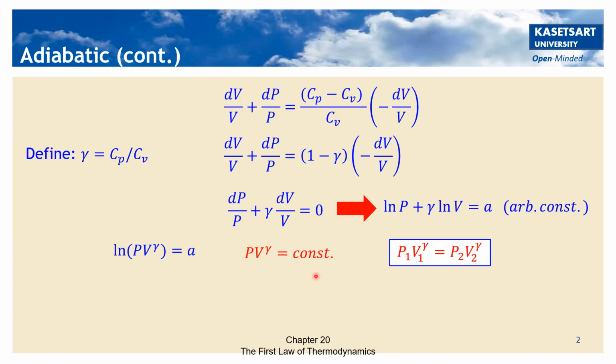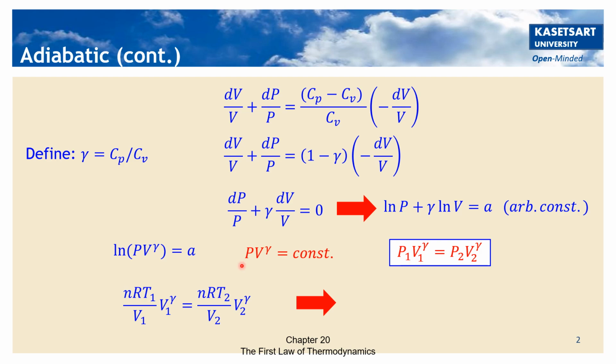So if it becomes constant, you can define that for state 1 and state 2, you have a relation between P1 V1 to the power gamma equal to P2 V2 to the power gamma,